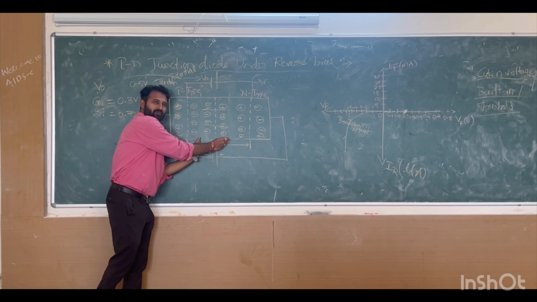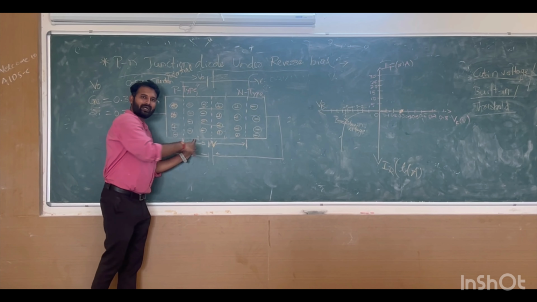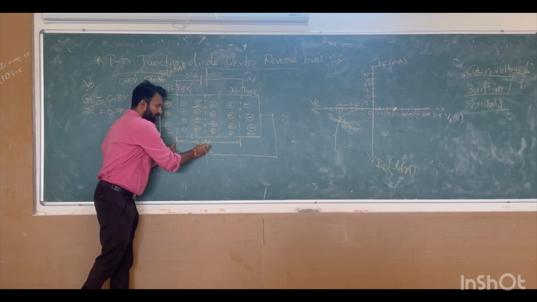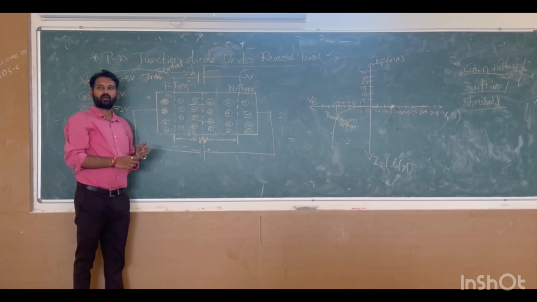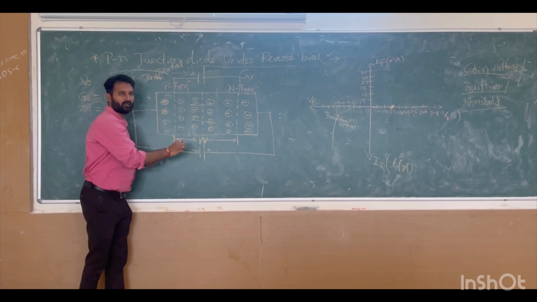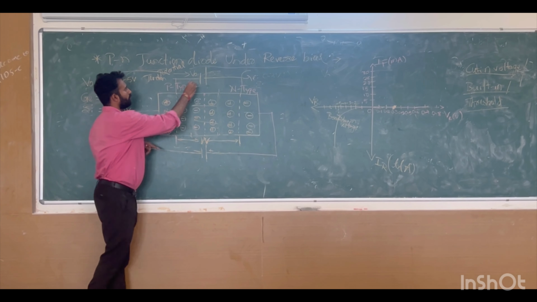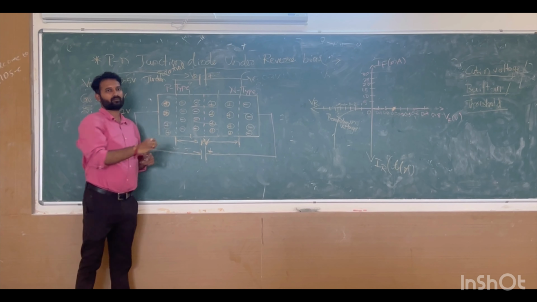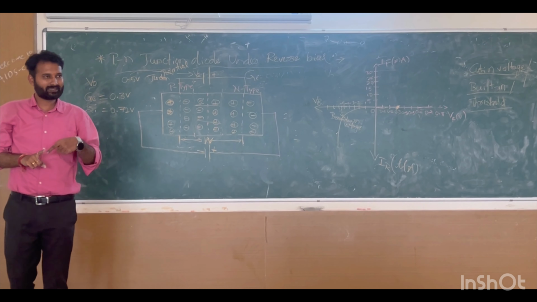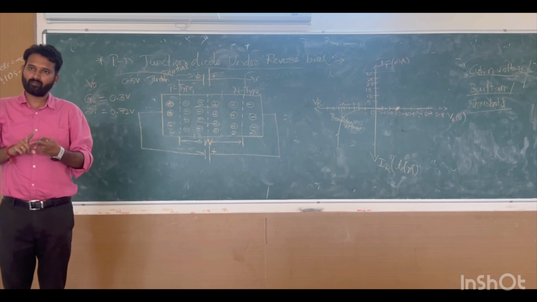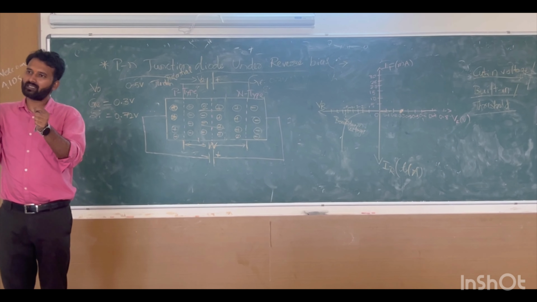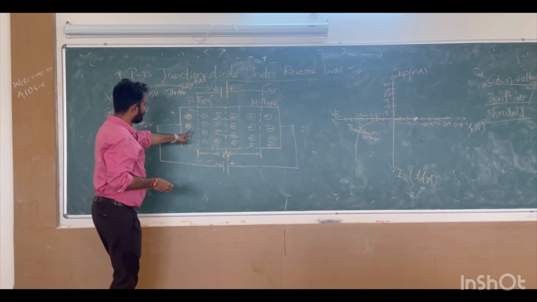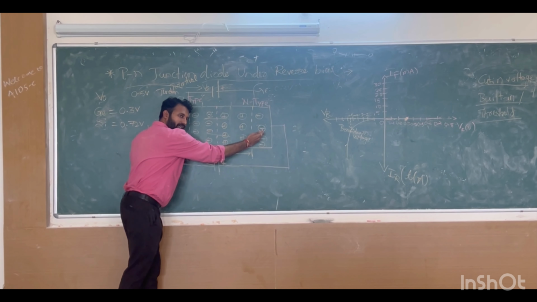In forward bias, it is very small, it is up to here only. Now under reverse bias, the depletion layer increases, so the depletion width will increase. And the external battery is acting in the same direction. Say yes or no? Minus, plus. The external battery is acting in the same direction as the internal potential barrier. So the reverse potential increases, and the barrier and depletion layer also increase. This will become like this.